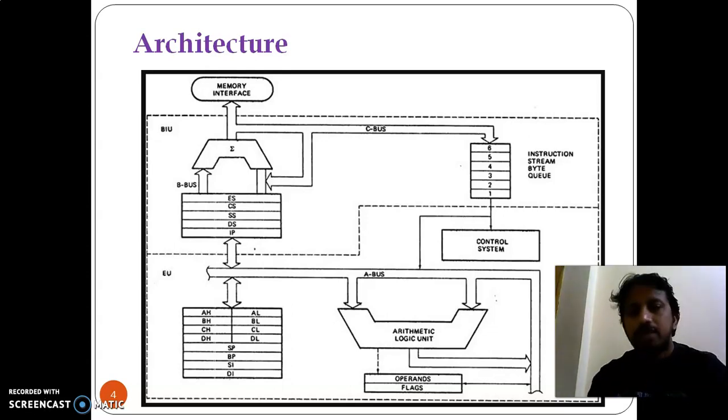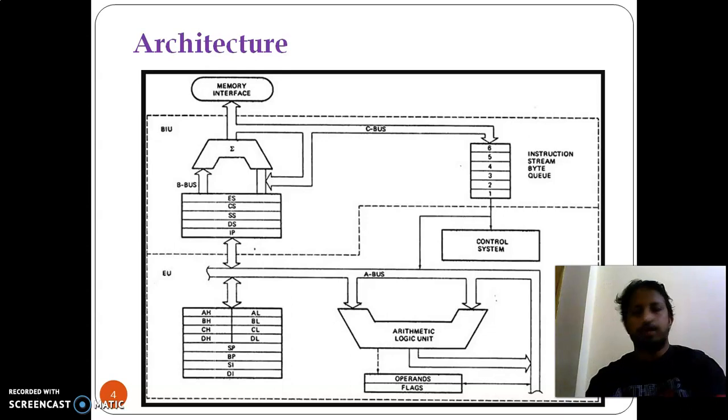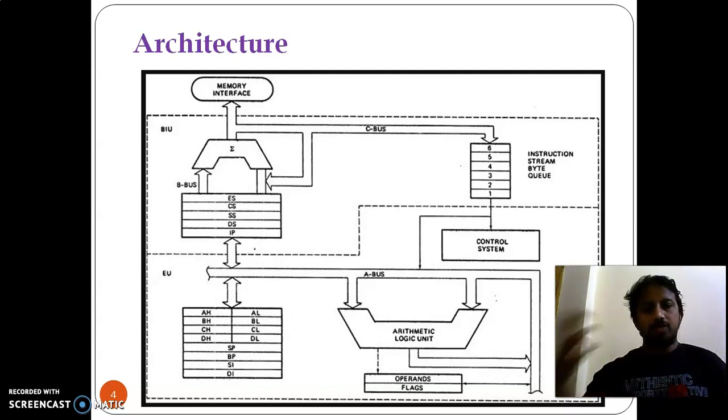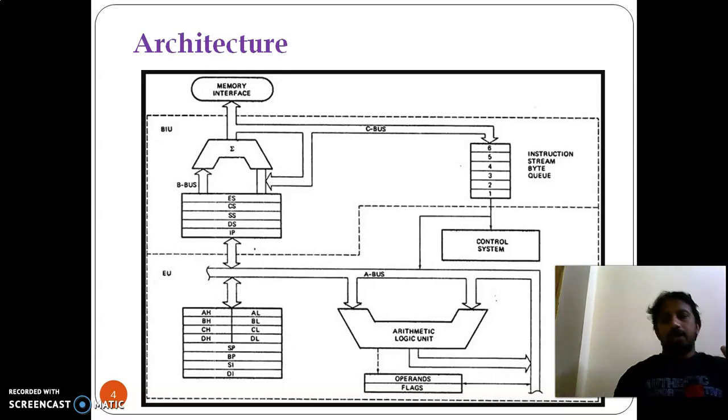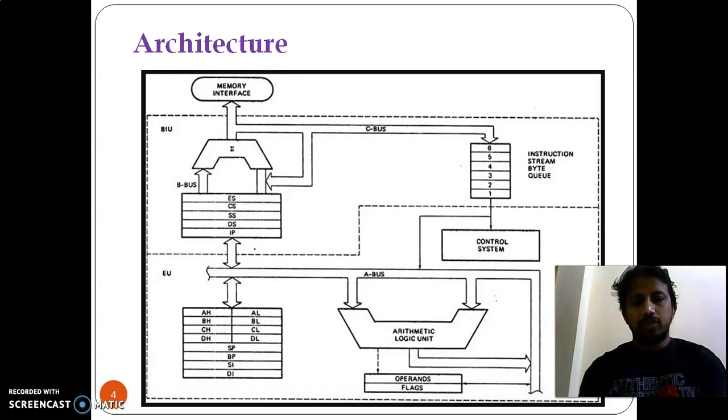What are the supporting buses? What are its supporting registers? What it requires when it takes data from the memory. That data is fed into the execution unit, which executes the data. So the other part is the execution unit. What is this execution unit? The execution unit is used to execute the data received by the bus interface unit. Whatever data the bus interface unit gets is executed by the execution unit. Okay, fine. In this execution unit, the most important part is the ALU.